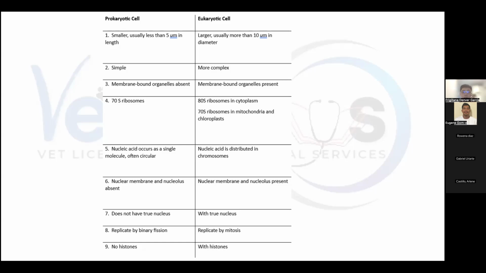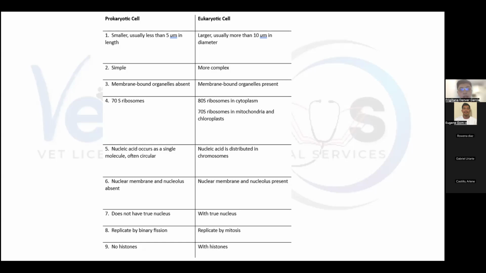Tapos, when it comes to the ribosomes, ito yung mga measurements nila. So for prokaryotic cells, we have 70S, and for eukaryotic cells, we have 80S ribosomes. So S, this refers to your Svedberg units. Hindi ko alam kung tama yung pag-pronounce ko, pero spell na lang natin. S-V-E-D-B-E-R-G units. And this measures yung sedimentation rate ng ribosomes natin. 80S is considered as the more complete Svedberg unit sa kanila.